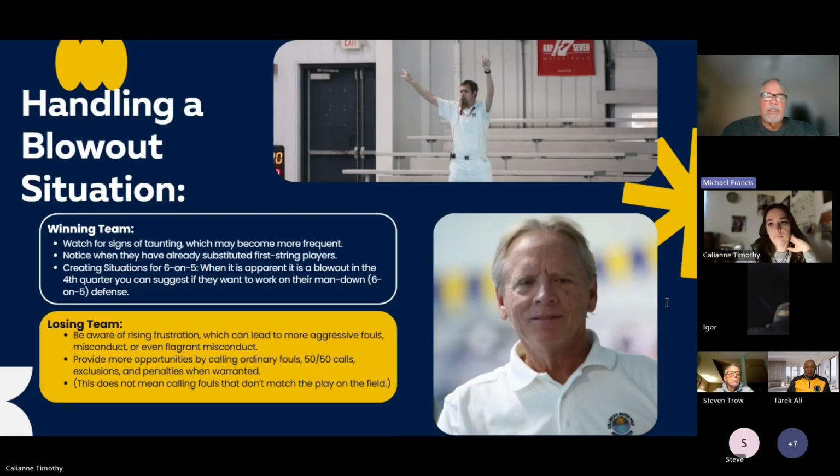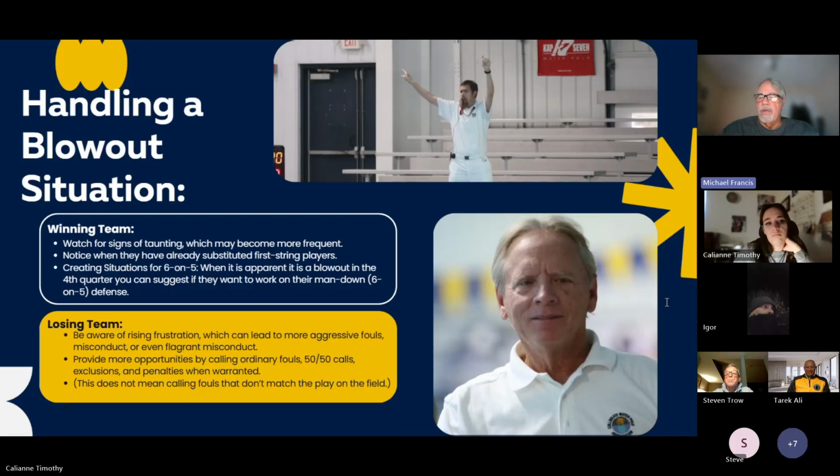Also, when the game's already been decided, and you're in the fourth quarter or something, you might want to suggest that you ask the coach if they want to do a practice 6-on-5, so they can work a man down situation. Sometimes it really creates a positive thing. I actually sometimes have asked the coach or the team, hey, which player do you want me to call an exclusion on, so they can practice it. When they do have an exclusion against a player, they all laugh about it. The team that's ahead, they'll laugh about it. They're just having fun with it.